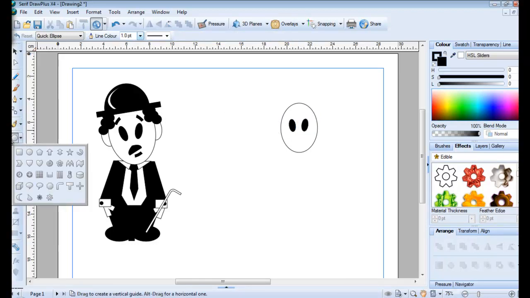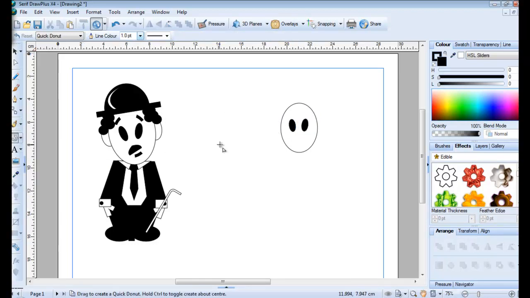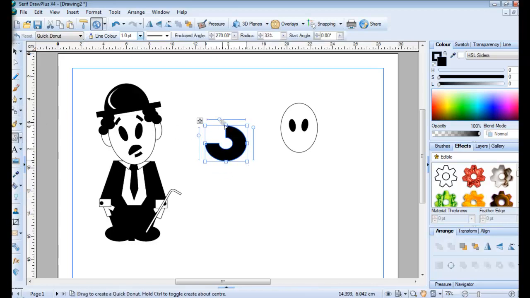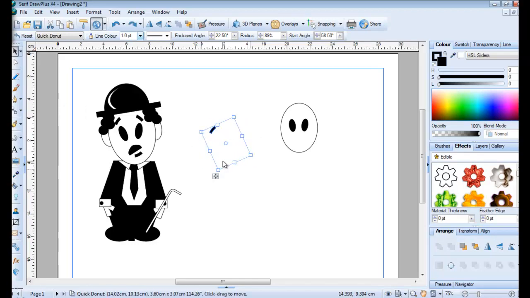Eyebrows, well I'm going to use the same again with the eyebrows, but I'm just going to use this command here, which is the donut, and you can see there it will automatically draw in black now. These little cursors here, I can actually change the thickness, and also I can change the direction, but more importantly how far around we actually go. So at that point, that one's done, click it back onto the select tool,